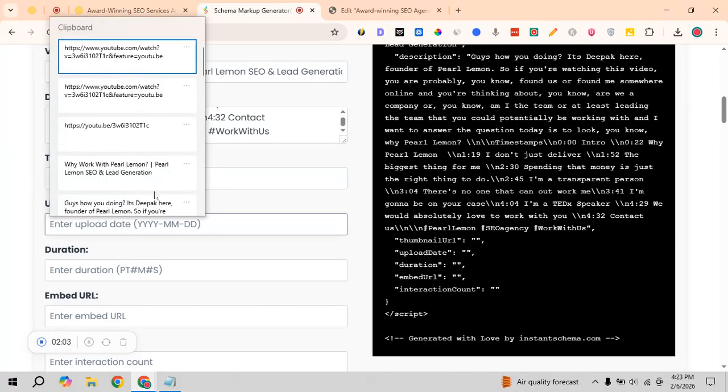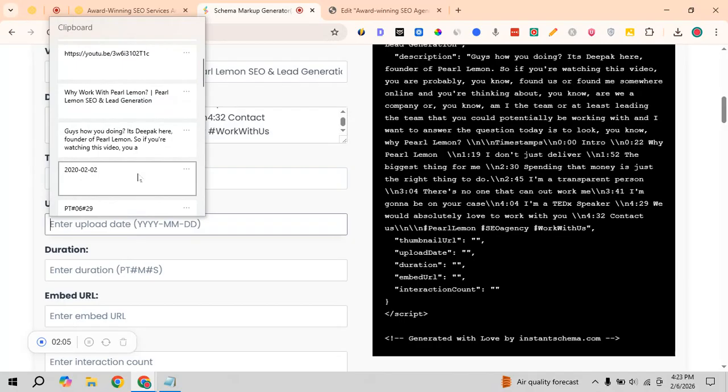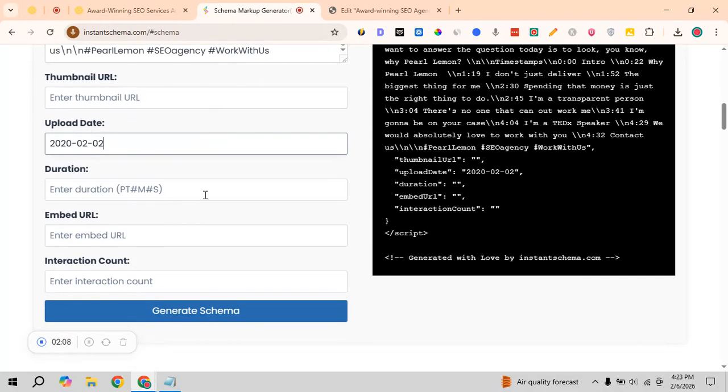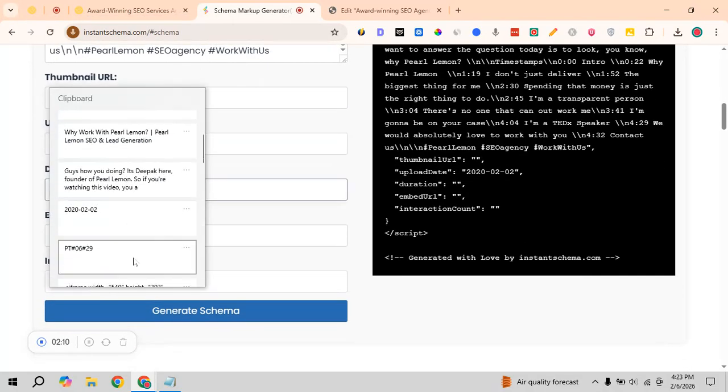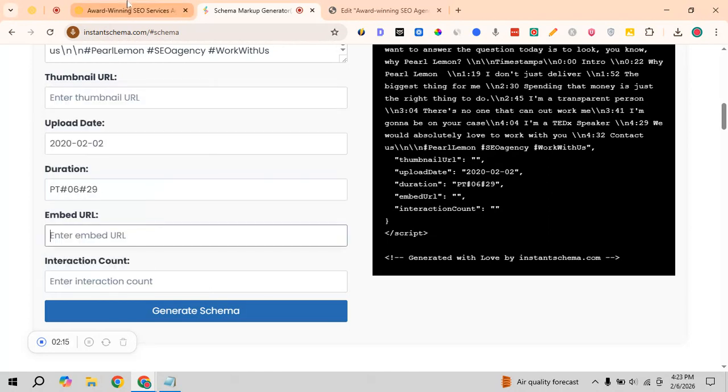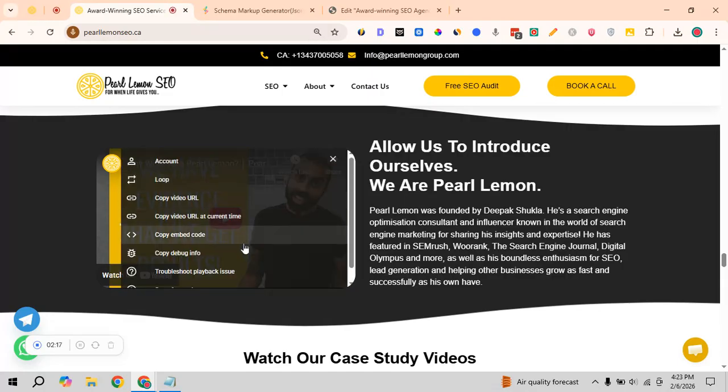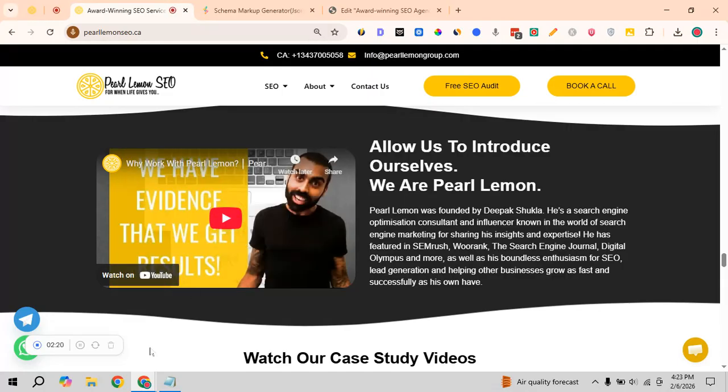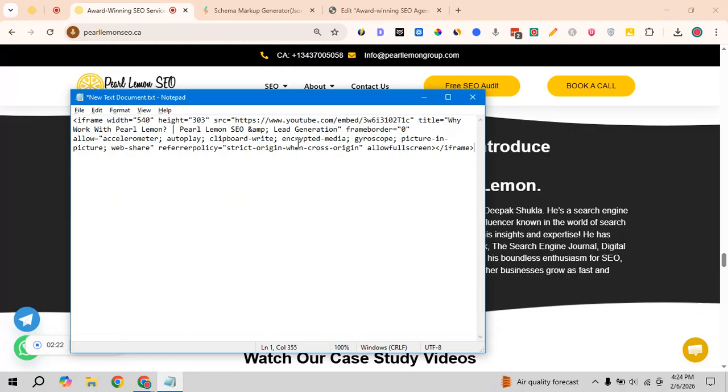I can add the upload date, when the video was uploaded. For example, that's this, and duration, I can add it from here, and then it's asking for the embed URL. I can copy that from here, copy embed code, and it will be shown somehow like this. What you need to do is, in the embed code, paste especially this one that's under the source attribute. So we are going to paste simply this link over there,